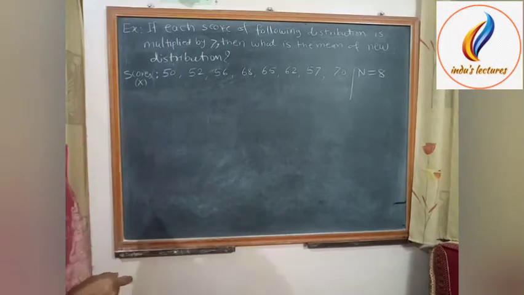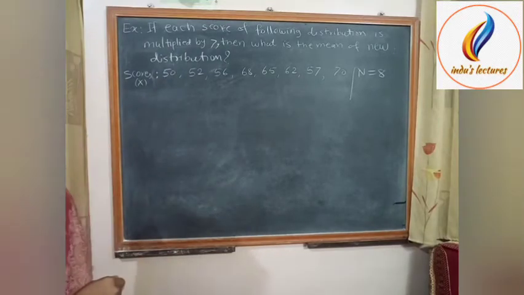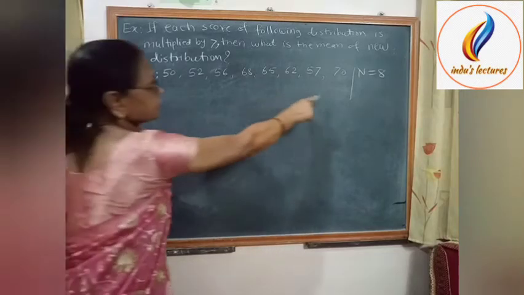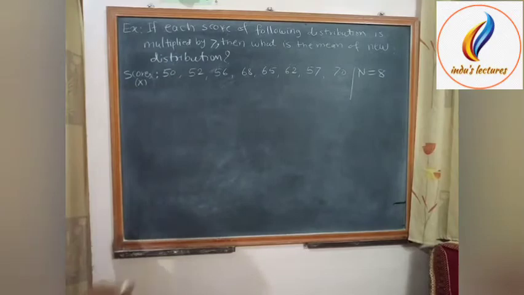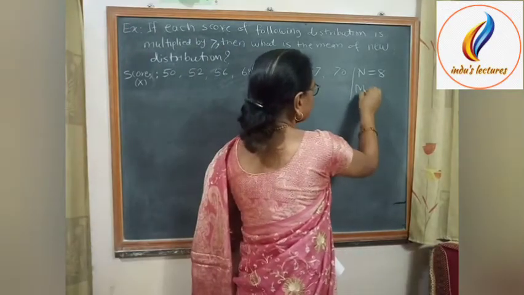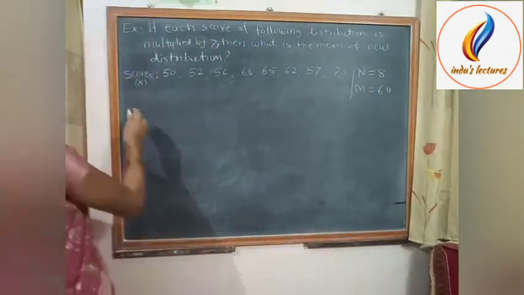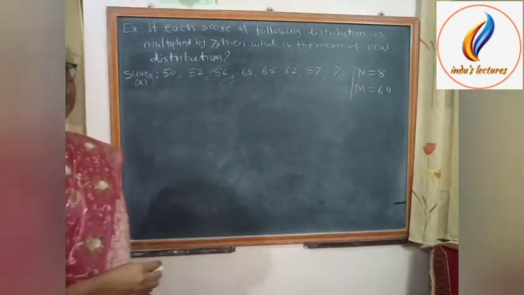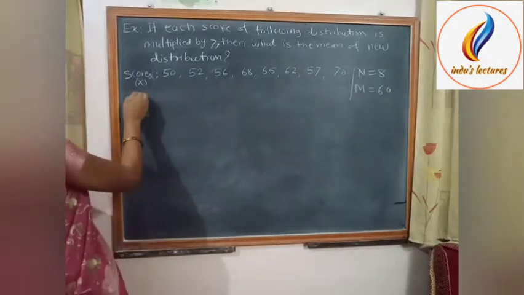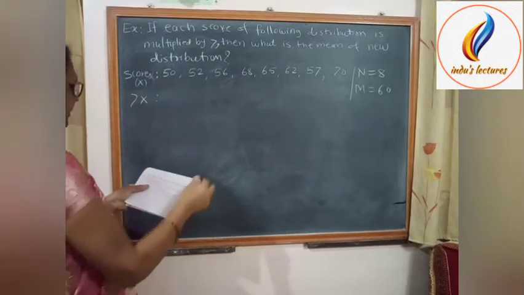If each score of the following distribution is multiplied by 7, then what is the mean of the new distribution? Now these scores are given. We have calculated the mean of this distribution. This mean is m equal to 60. Now multiply each score by 7. That means 7 into x. So 7 into x is equal to